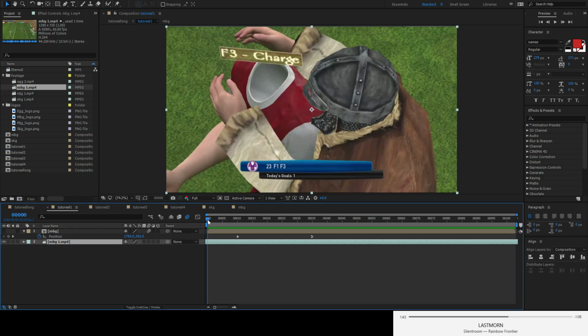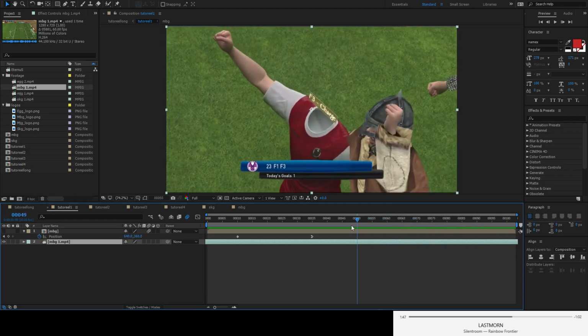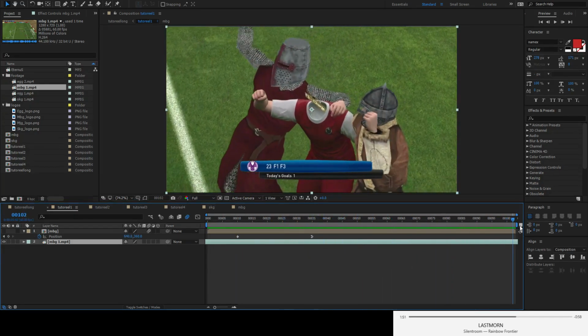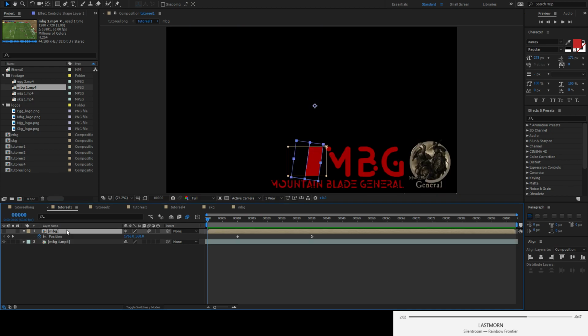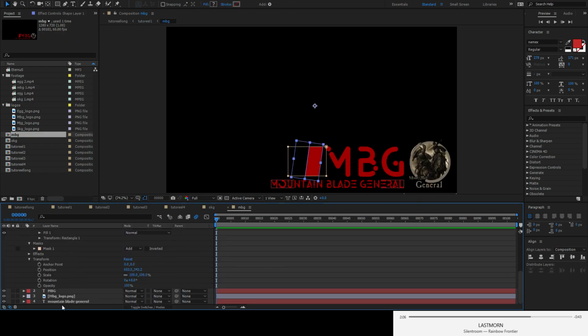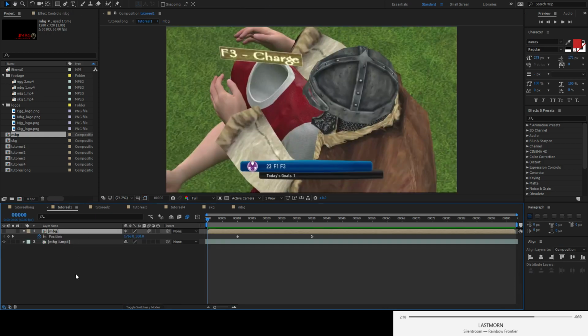But just having the footage of the team is a bit dull, so you've noticed in my hype videos I tend to add some stuff in, and that's what we're going to do next. I tend to add the team's logo and the team's name, well, their designation, as for example this would be MBG, and then the full name of the general. So if we look at that, the first thing I'm going to do is take everything on this layer, copy, paste,